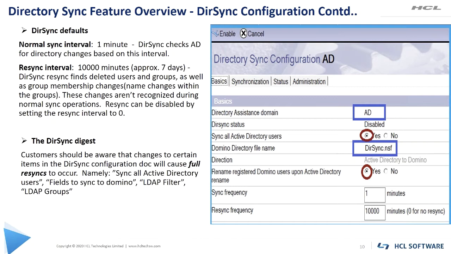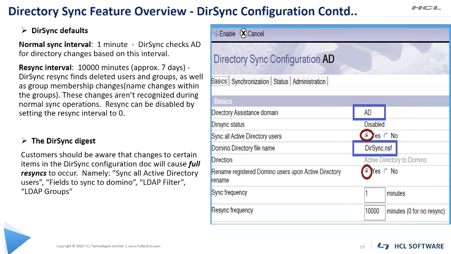In case you have a lot of changes in the Active Directory like rename, we would prefer to change the frequency to a shorter time. This will ensure that all changes that happen in the AD are synced to Domino. There will not be any major performance impact since there is a separate thread running on the administration server in the background for this.